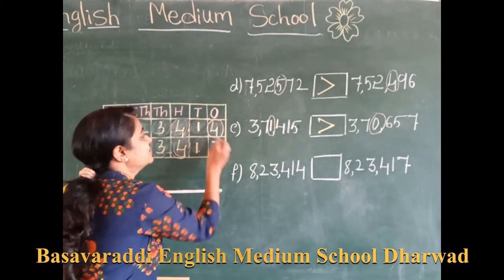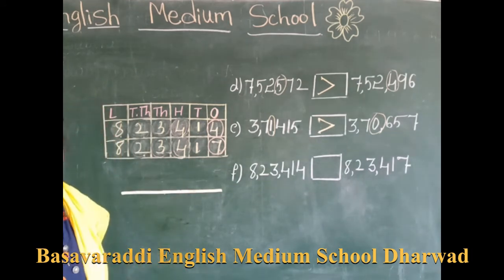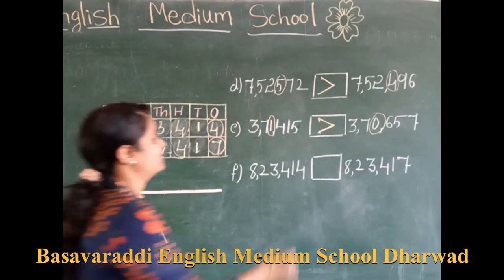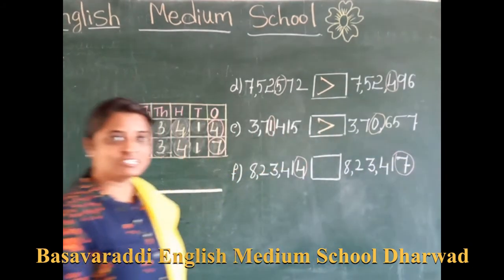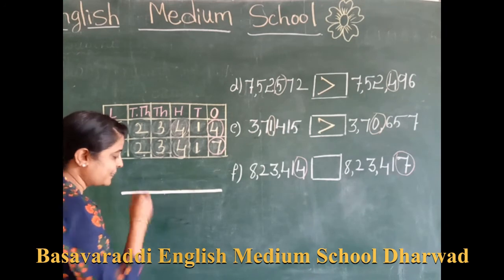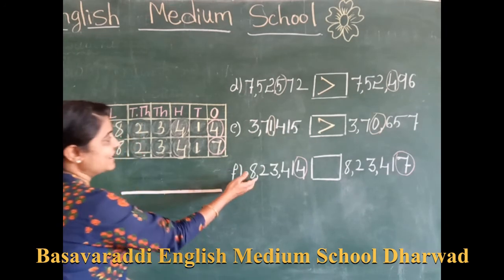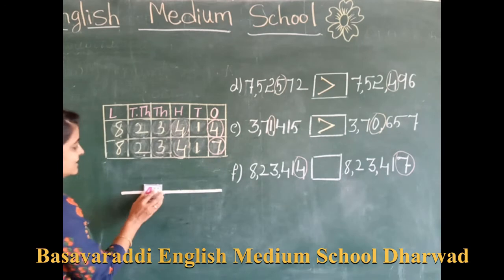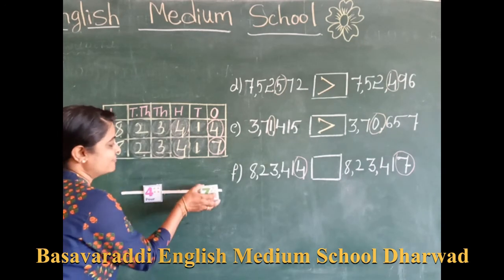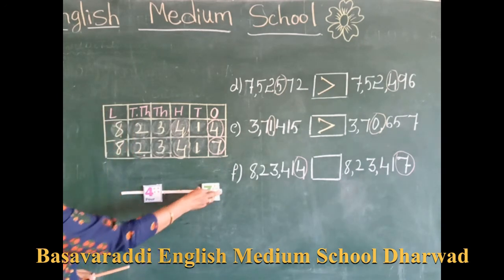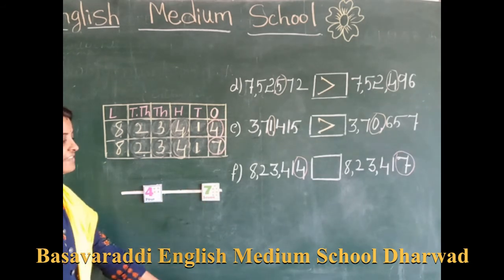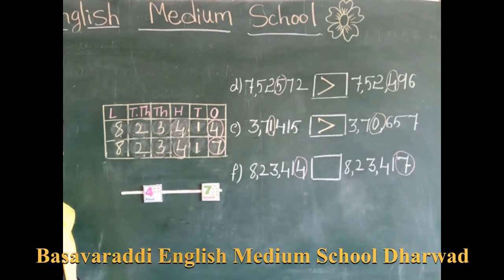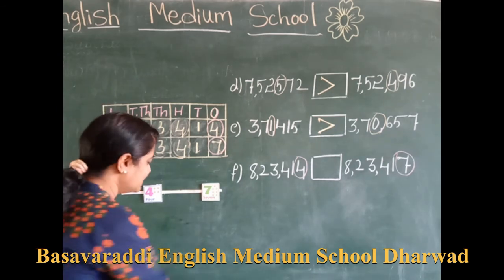Then we are comparing the ones place here. Understood? We are comparing 4 and 7 here. See here, it started with the 8 lakh, and lastly it came to 4 and 7. Just we are comparing 4 and 7. Now see here, 4 is here and we have a 7 here. Then which is the big number now? Between 4 and 7, the big number is 7.